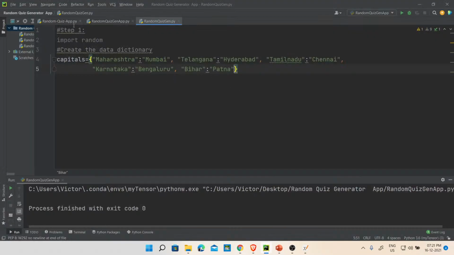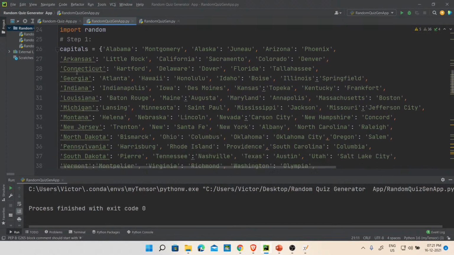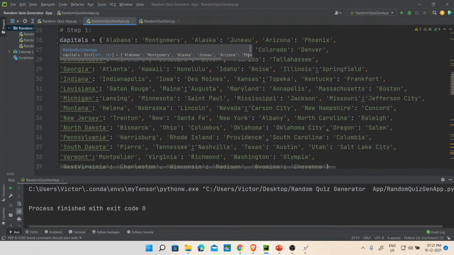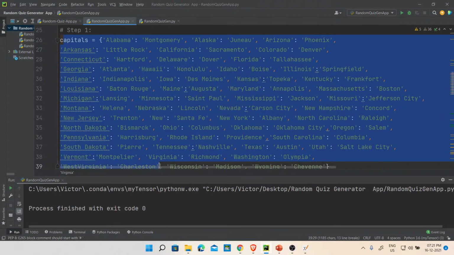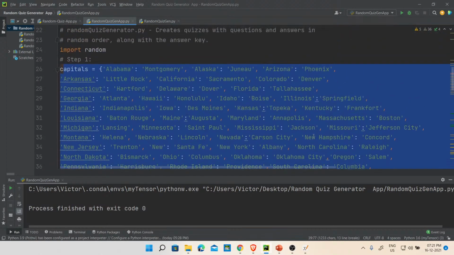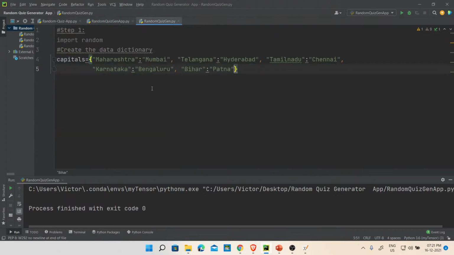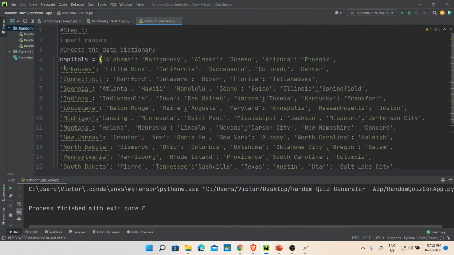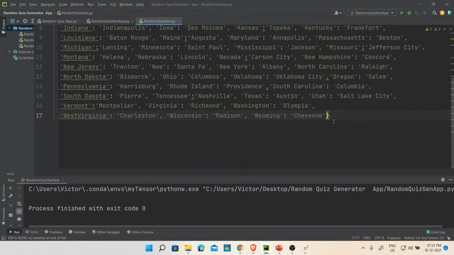So because of that, I'm going to copy this from the US states. Fine. So copy the entire thing here, from here to there. All right. After I've copied this, I'm going to go back here and replace this with it, and it is called capitals actually. Control V. Fine. Okay, so this is done. All right. So we've created the dictionary of all the states.